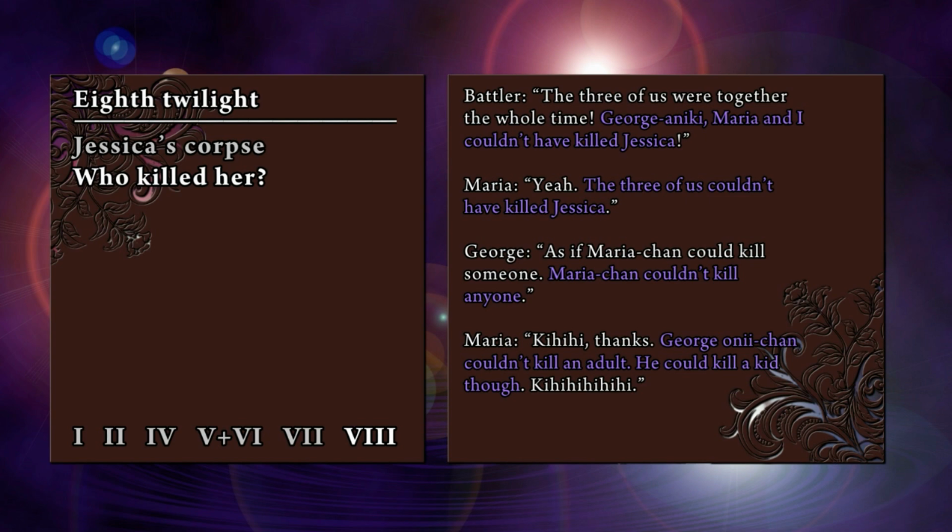Like, I don't know. Is there something around here that can help us? George says that Maria-chan couldn't kill, and Maria says that George couldn't kill an adult. He could kill a kid. Like, if we were to have Maria be the one to tell the truth, or